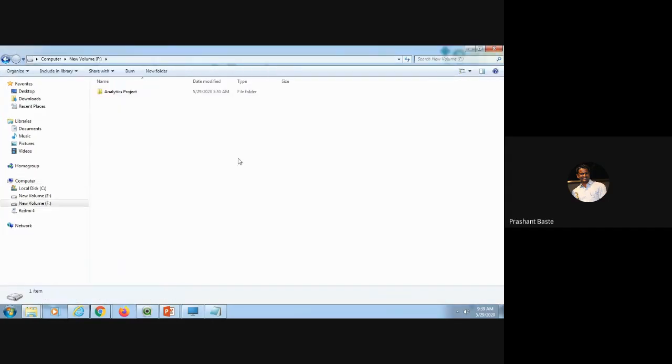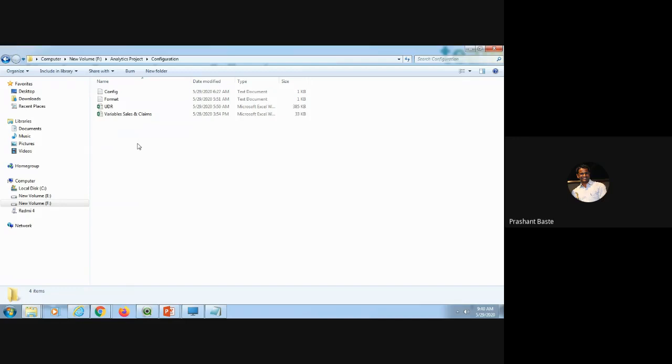Let's say this is my drive where I'm storing all my applications, where my entire BI landscape is located. Let's say I have a folder named Analytics Project where I have my entire analytics landscape. As discussed, we should have the configuration folder.